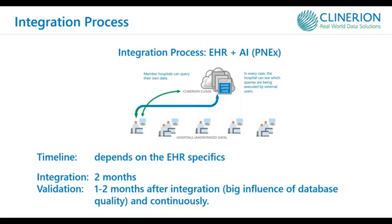How does it start? The timeline for the integration process depends on the kind of electronic health records of each institution. For example, if there is previous experience with integration with that specific electronic record, it may facilitate the process, but the PNX can be integrated with any kind of electronic health records. In our case, it took more or less 2 months, and the validation process is a really important step in the integration. It took about 1 or 2 months after the integration,